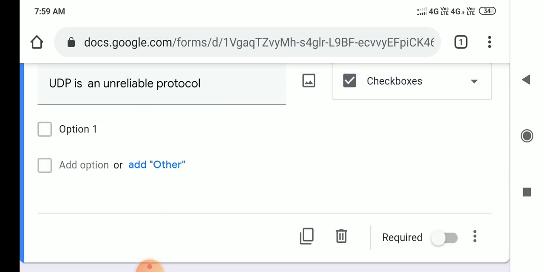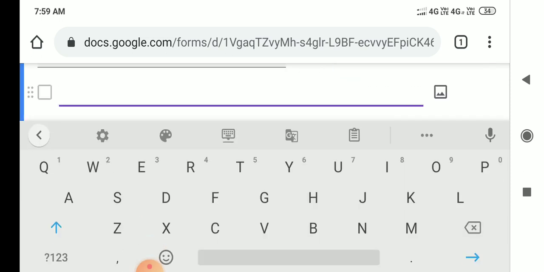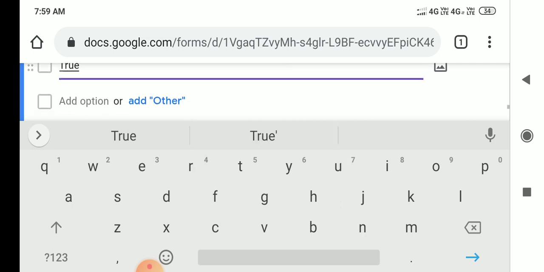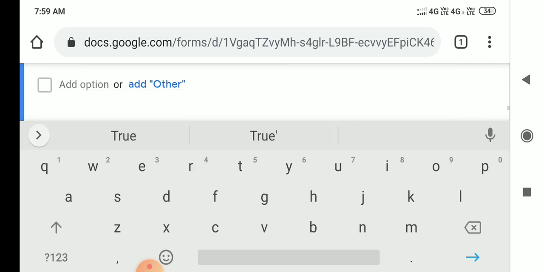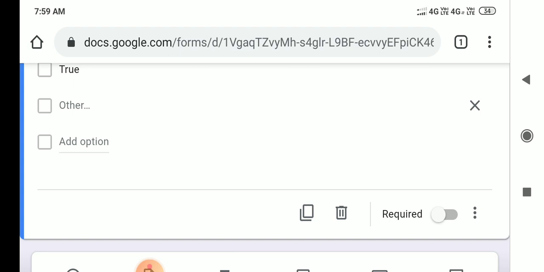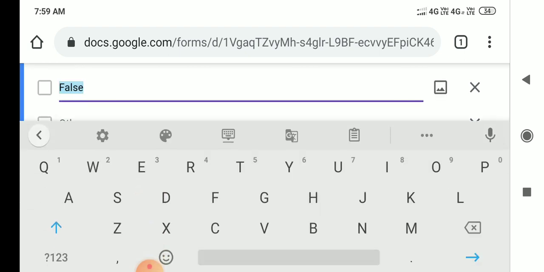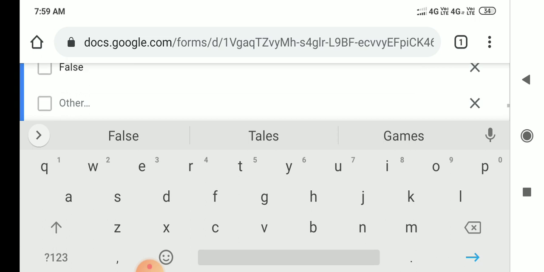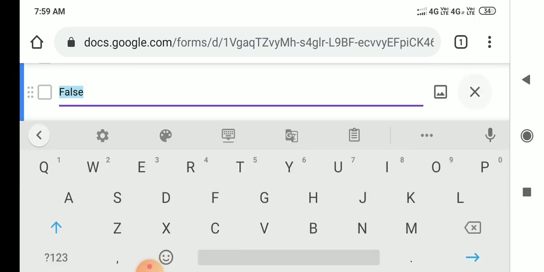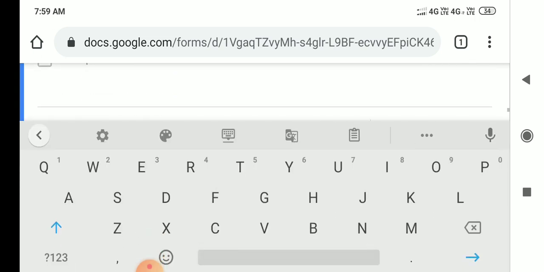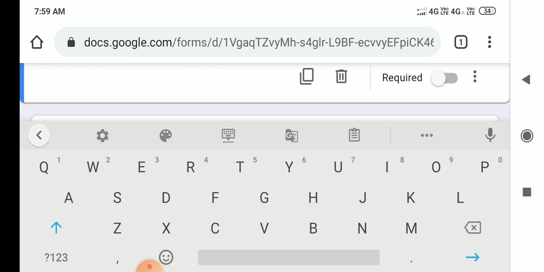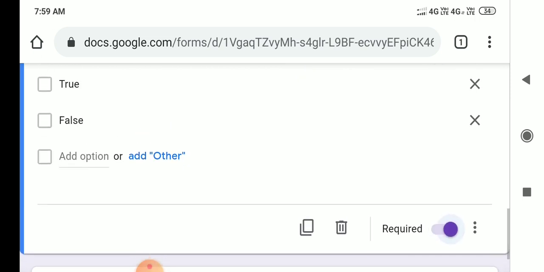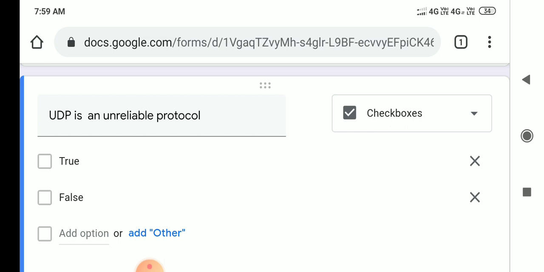Add first option. My first option is true. Add another option. Click add. My second option is false. This question has only two options, true or false. So close others. Next click enable required.